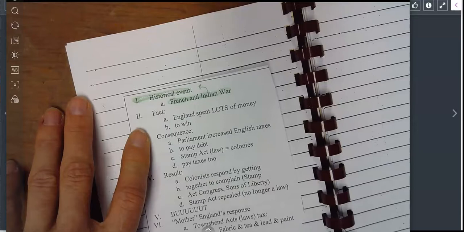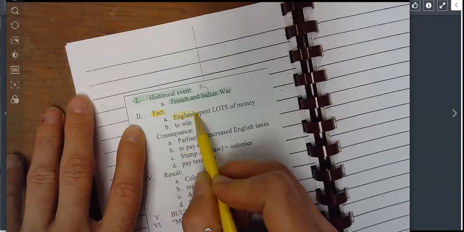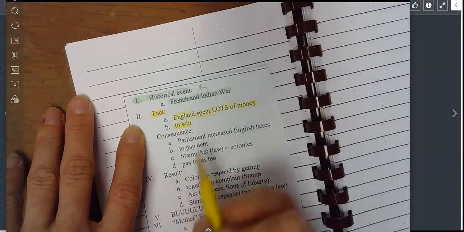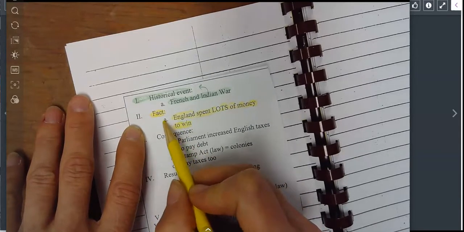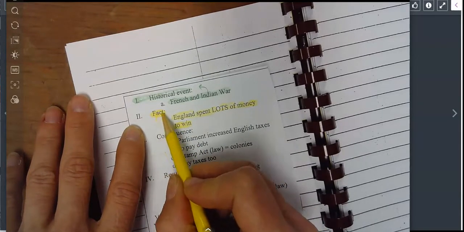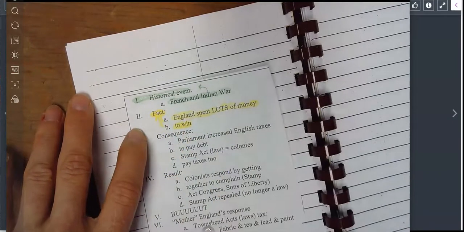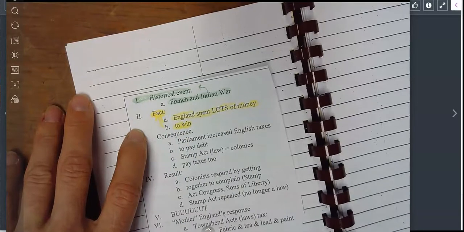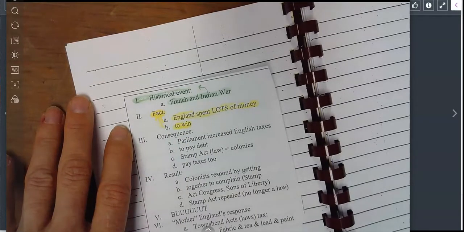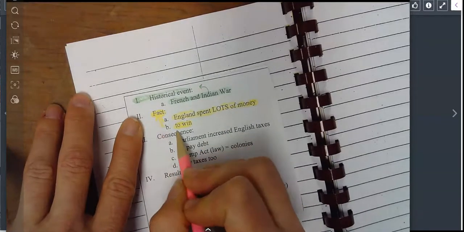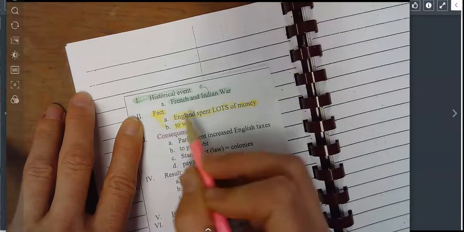The second main idea is a fact that England spent lots of money. Why did they spend lots of money? To win. So these two facts are telling us more about this main idea, that this is a fact. Then, following that fact, we have a consequence. The consequence of the fact before it